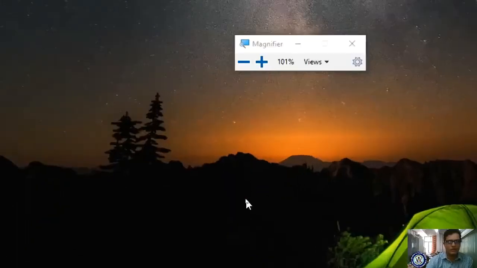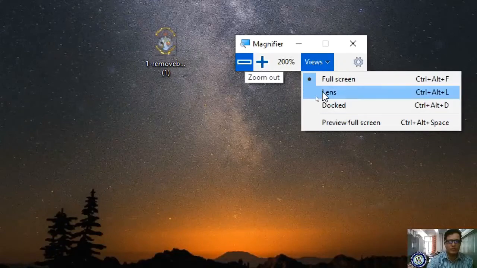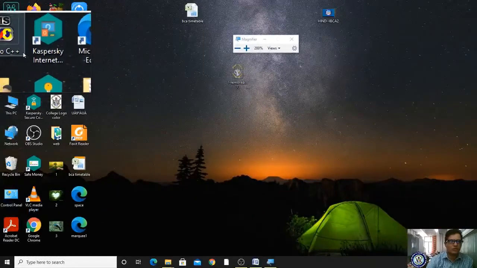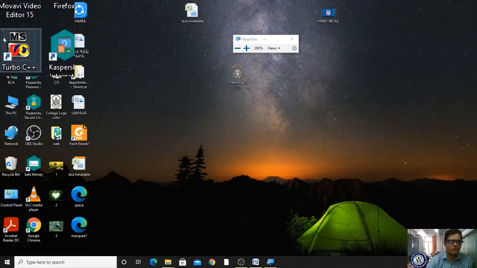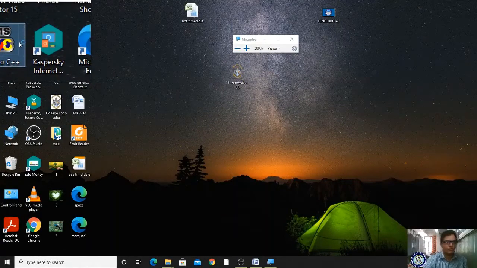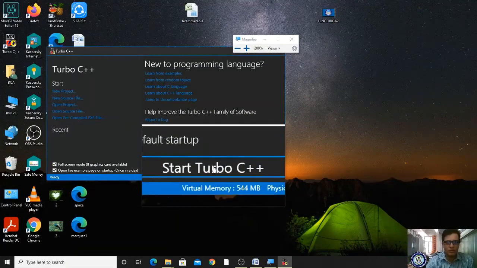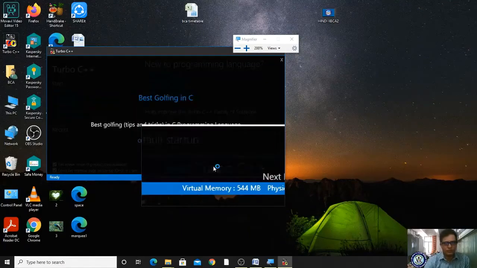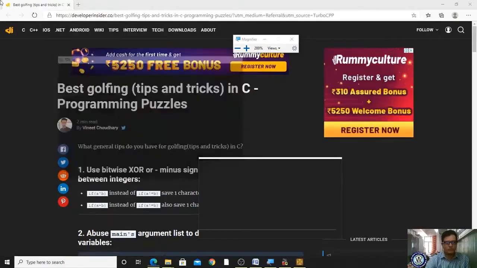So for this I'm placing, just observe here. So this is your editor. I'm clicking on this editor, and you have to open Start Turbo C++. If you start Turbo C++, your editor will open.